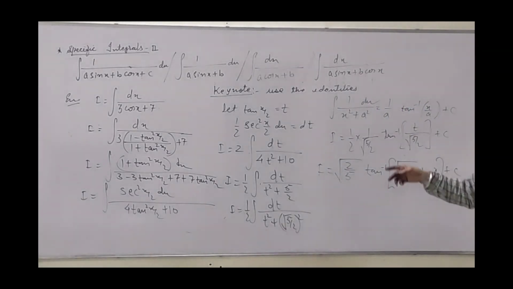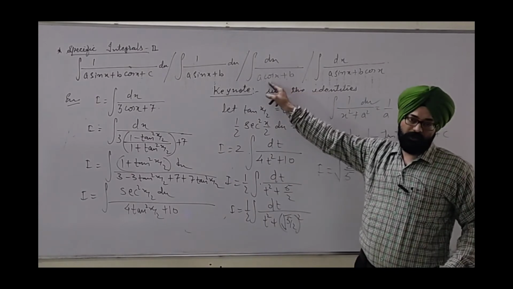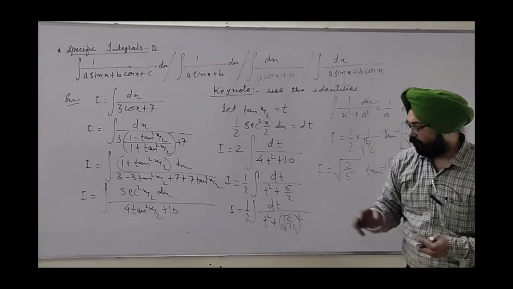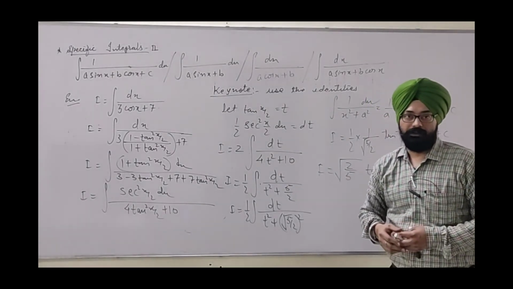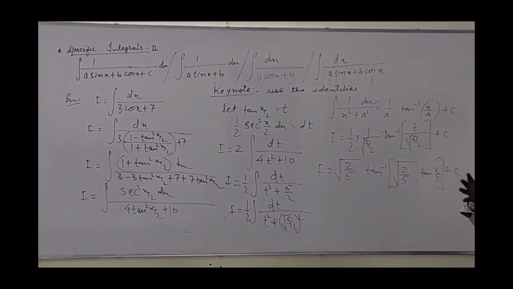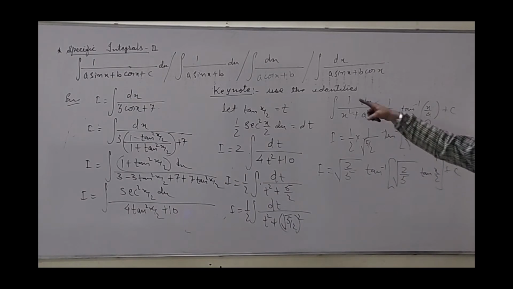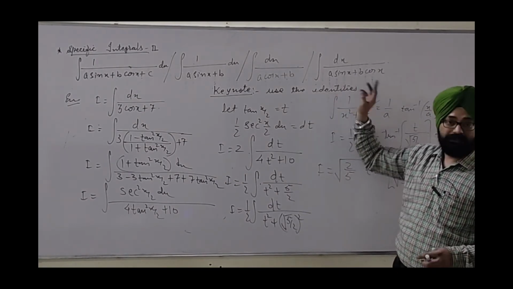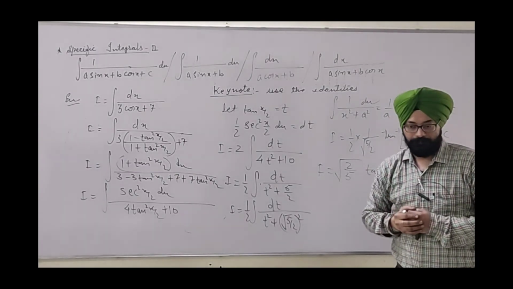So this was easier. Why? Because only one term of cos was available. I hope that if sin is available, that also will be like this question only. But more or less, I hope that you have understood very well how to initiate. We have to use identities whenever such a pattern is given. One of these patterns is given.